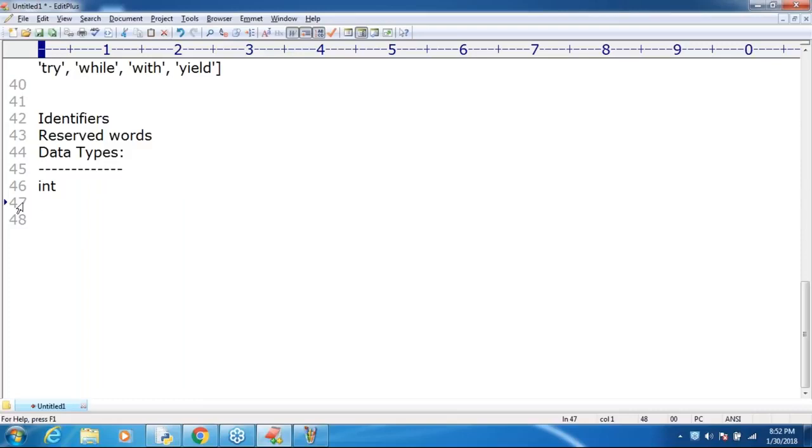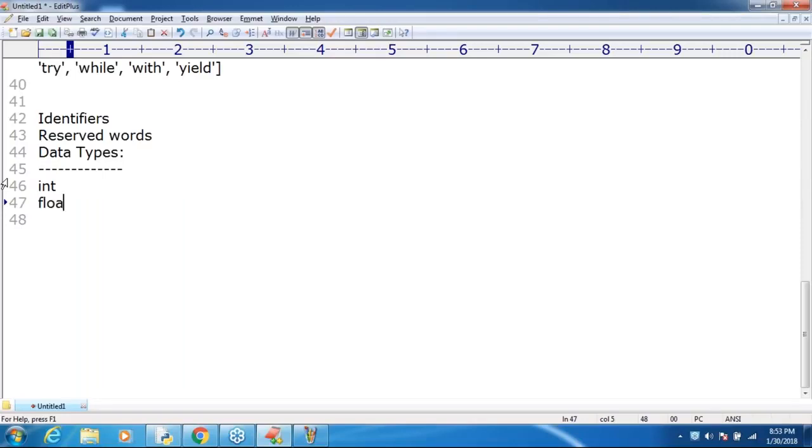Some people immediately ask, sir, if it is int type, float type, double type, boolean type, these are reserved words, right? We are not going to use these words in the Python program, because internally Python is going to consider the type. That's why these are not reserved words. Are you getting it? I hope you can understand. Am I required to declare a variable explicitly? No. So the first data type is clear for you, right?